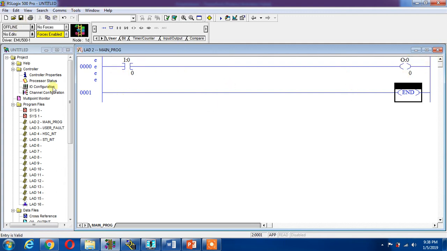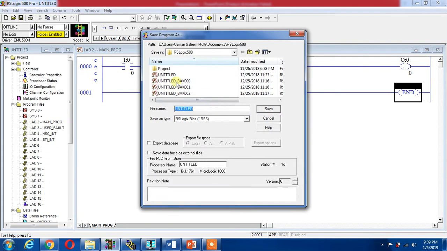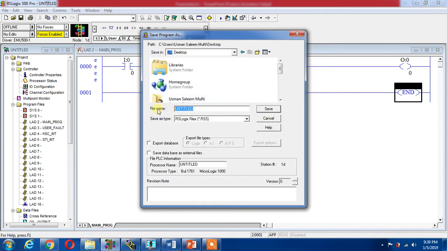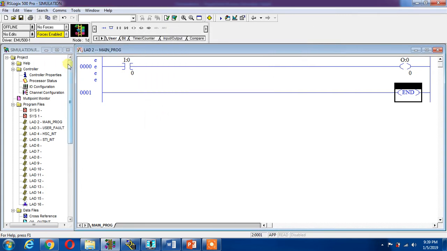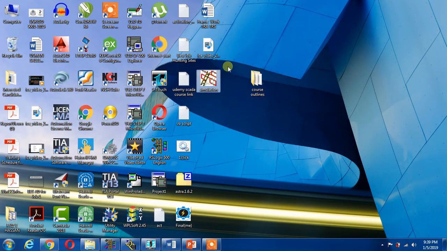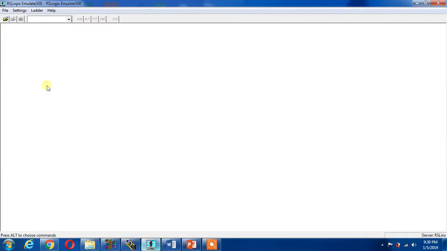I can go and simulate my project. How can I make it? I can save this file. I can save it on my desktop because I want to use it again. This is my simulation, and I can give it any name. Now it has been saved on my desktop. I can now open a simulator,